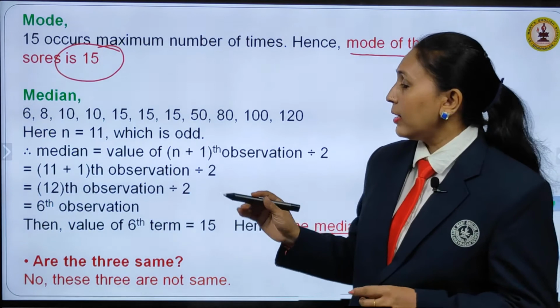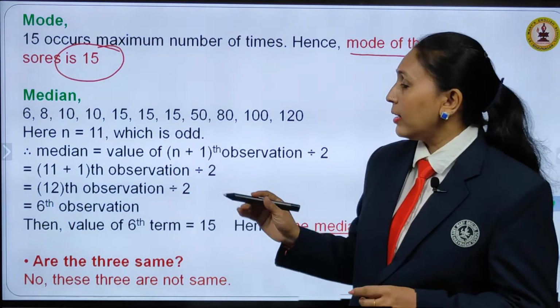Now the first thing to find here is mode. Children, what is mode? Yes, the observation that occurs more number of times. So which is that? You can see clearly that 38 and 43 both occur 3 times, children. It is not necessary that there should be only one mode in the given data. It can be more than one also. So here 38 and 43 occur 3 times. Hence the mode of the given weights is both 38 and 43.